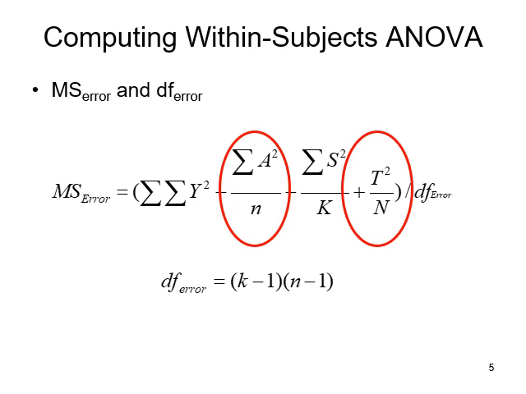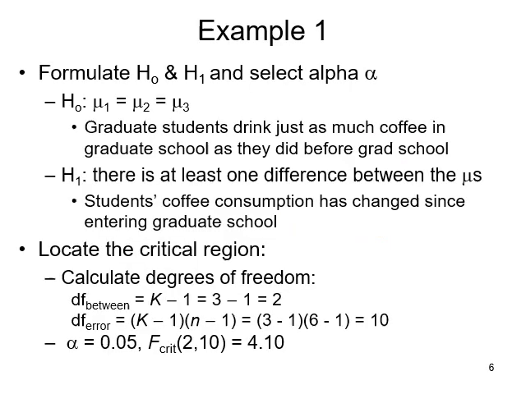We're going to first calculate the top of the equation, which is these 2 numbers. We're going to calculate the sum of a squared divided by small n and t squared divided by large N. Before we do that, though, of course, we have to formulate our hypotheses, our null and alternative hypotheses, and select an alpha. And again, in this case, the alpha is almost always exclusively going to be selected as 0.05